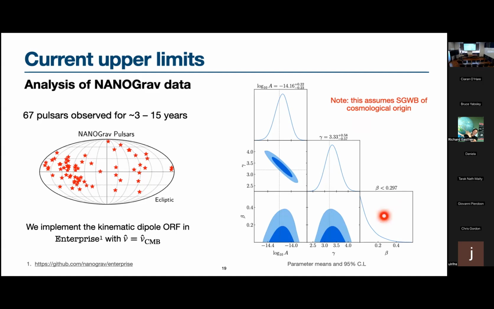at a level of 0.3, at 95% credible intervals. Of course, this is quite far away from where we want to be, because we want to be at a 10 to the minus 3 level, and we're only at 0.1. So we want to see in the future which kind of experiments will be able to perhaps bring down this upper limit closer to where we want to be. I should also mention that these results assume that the background is of cosmological origin, because if the background itself were astrophysical, I would have to account for all the other anisotropies because of the inherent inhomogeneous distribution of the black holes themselves. So these results only apply for cosmological backgrounds.